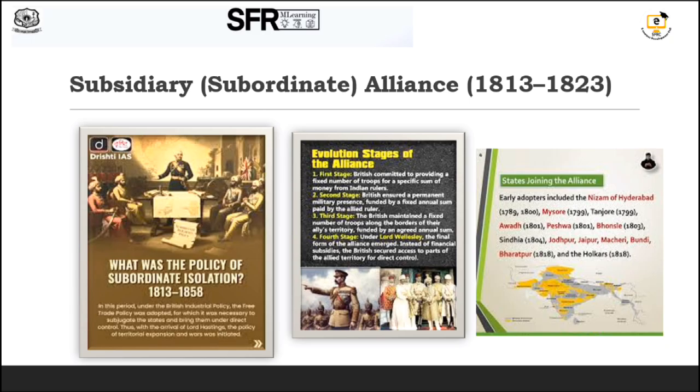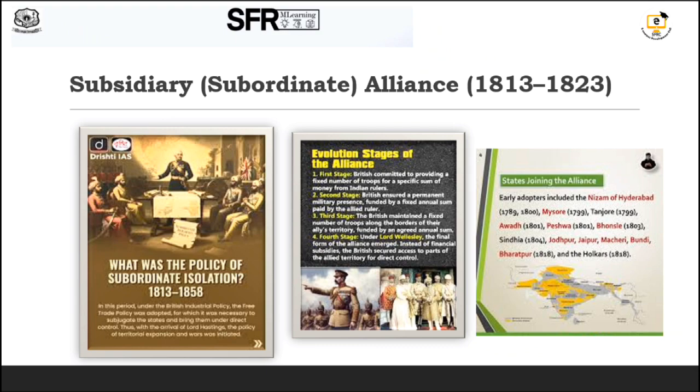The second one, subsidiary alliance. First, the meaning of the subsidiary alliance. The system was introduced by Lord Wellesley. It was a diplomatic arrangement under which Indian rulers accepted British troops within their territories and surrendered control over foreign relations. The Indian rulers had to maintain British troops, pay subsidies or cede territory,